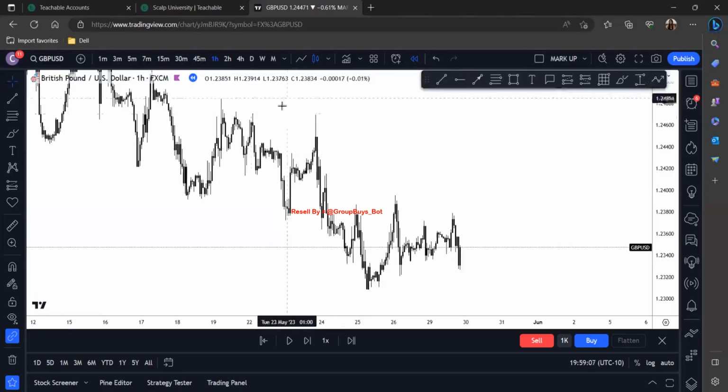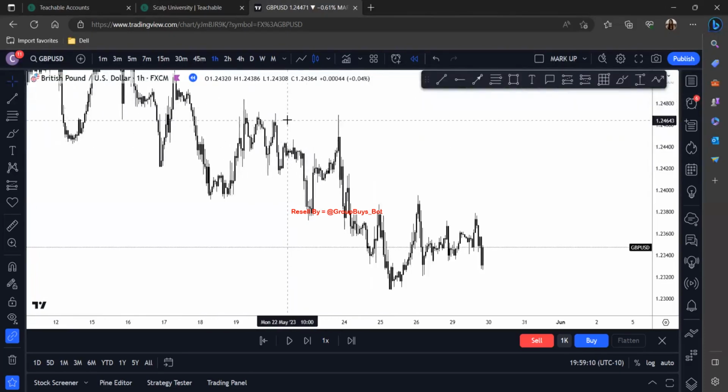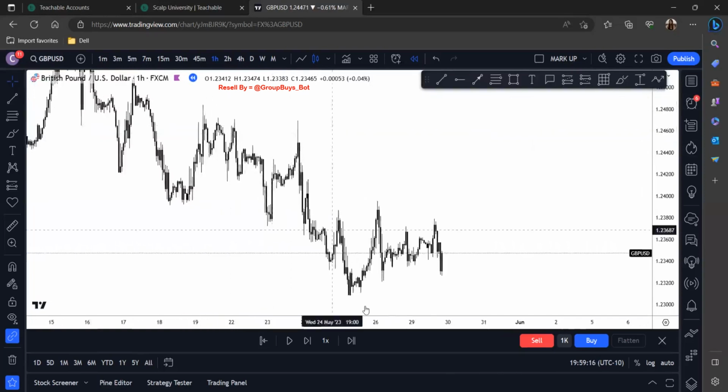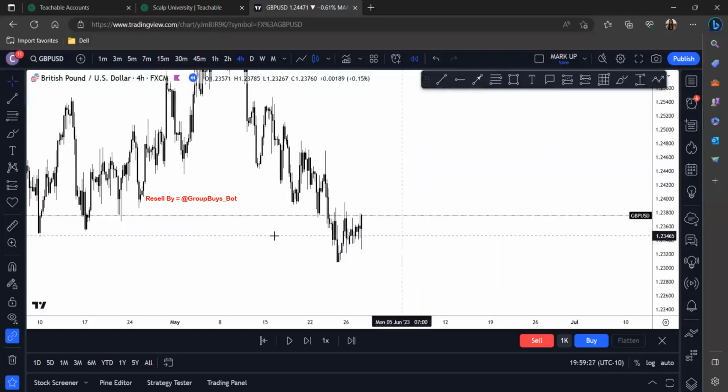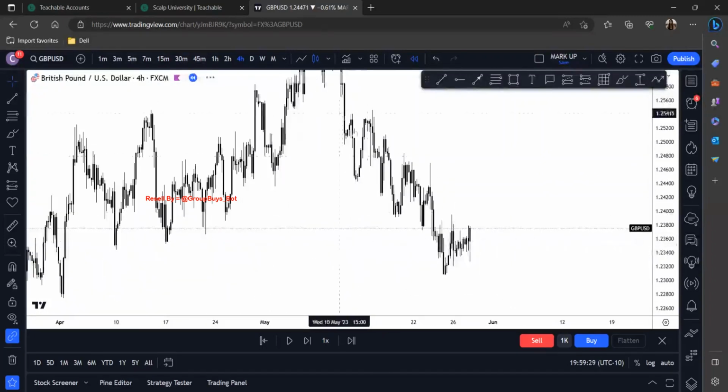Okay, so we are on the 1 hour chart here. Like I said, I do start my analysis on the 1 hour chart. And if I do see a massive push to the upside, I'll go ahead and go to the 4 hour. But right now, everything's kind of looking okay. If we did glance at the 4 hour, we can obviously see that we were bearish for a while. But here's what I want you guys to pay attention to as well.